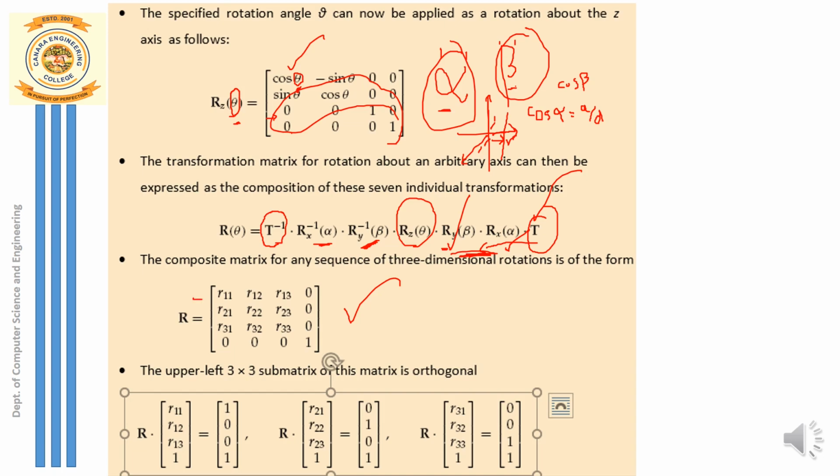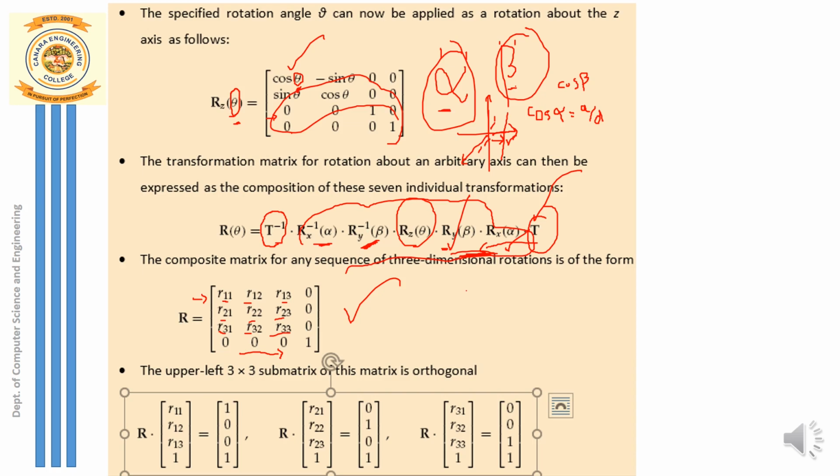get this composite matrix. You can see here R11, R12, R13 is nothing but the rotation factors along the x-axis, the first row. Next we have the rotation factors along the y-axis, then the rotation factors along the z-axis. And the last row has all zeros and the final value is 1. Remember, we write this rotation matrix by considering the rotations along x, y and z. So this is the final product R that you get.